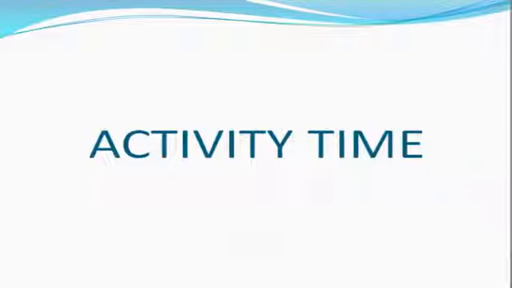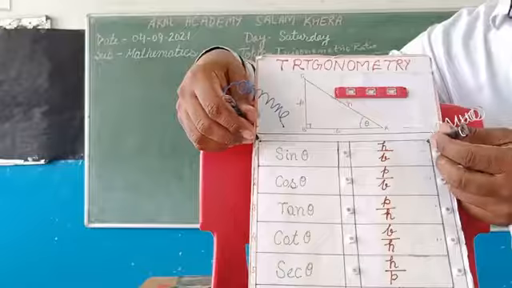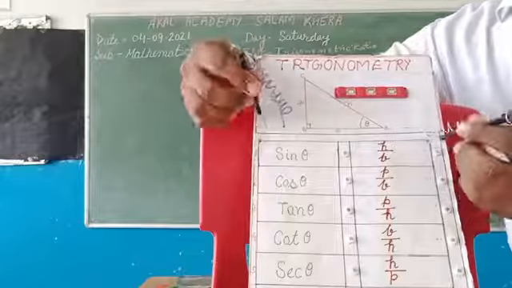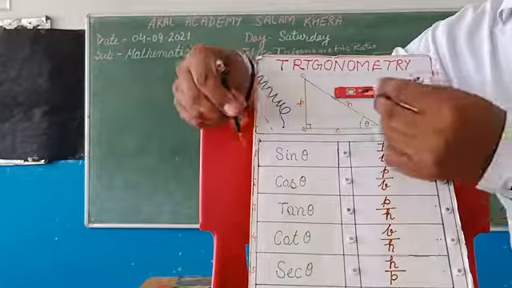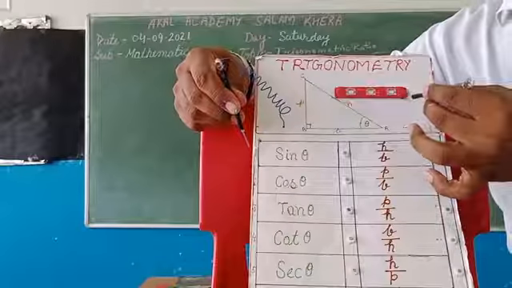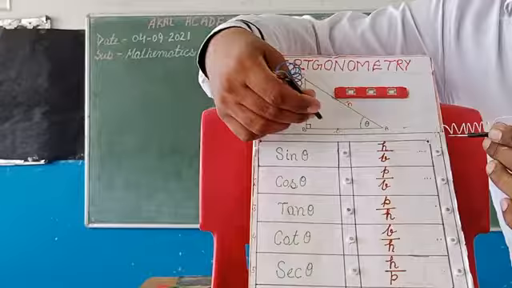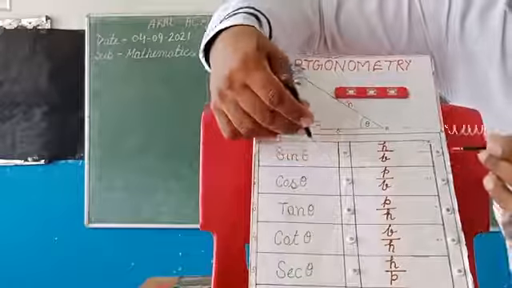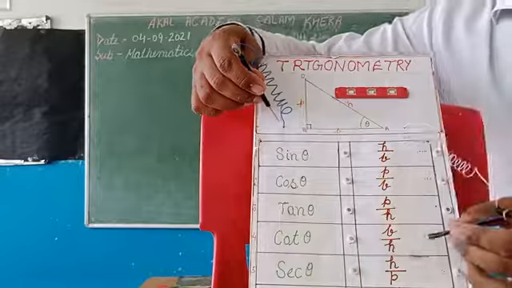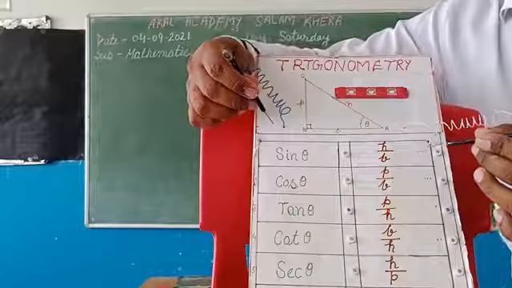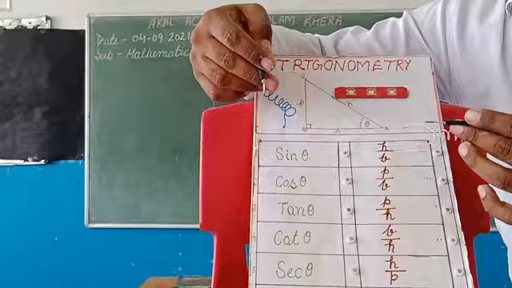I have one model and I will show you how you can use it. Yes students, this is the model. By this you can practice the ratios. In this model you can see one flashlight here and these two columns. On one column are the trigonometric ratios, and on the second column the sides of the ratios are given, and you want to practice on it.